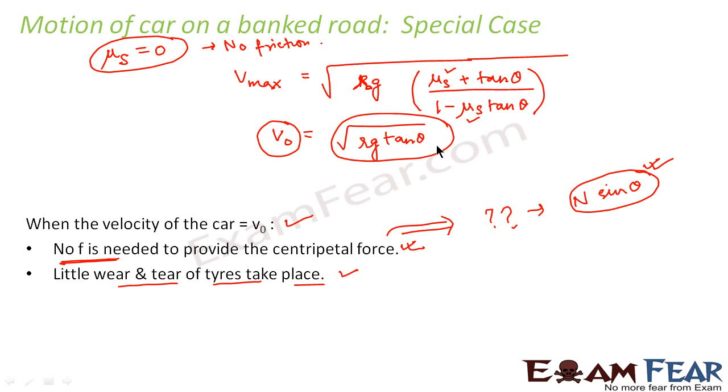So what did we observe by studying the motion of a car on a level road as well as a banked road? We found that the maximum velocity that a car can have on a circular path is more in case of a banked road when compared to a level road. We also found that in such circular motion, the centripetal force is the one which is responsible for the car to move in circular motion, and this centripetal force is provided by the force of friction in case of level roads, and it is provided by the component of normal reaction and component of frictional force in case of banked roads.